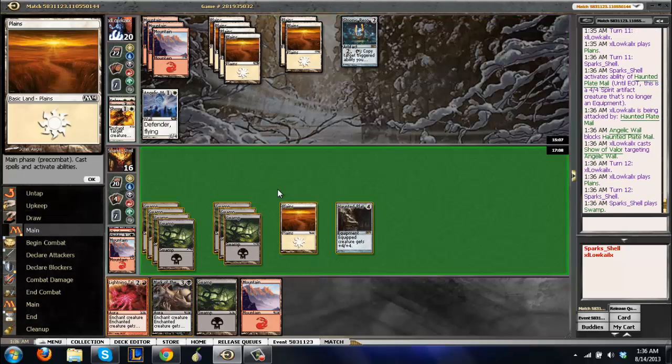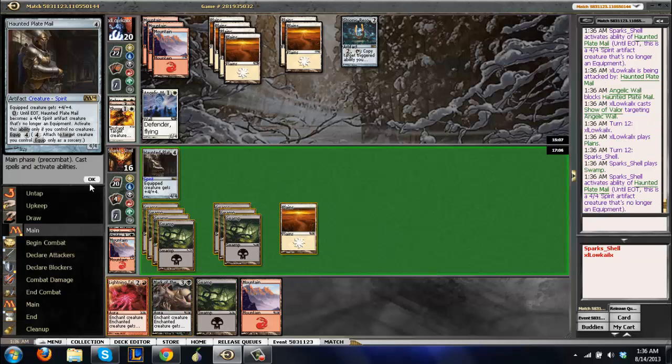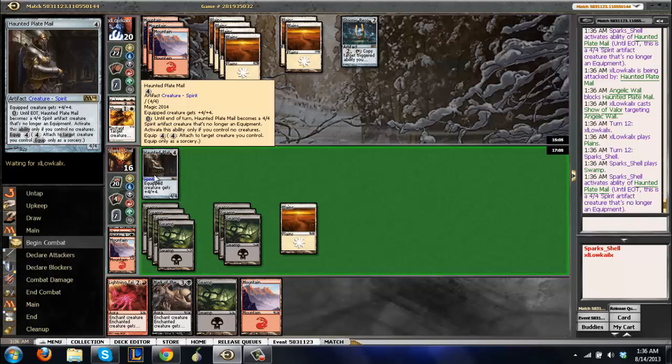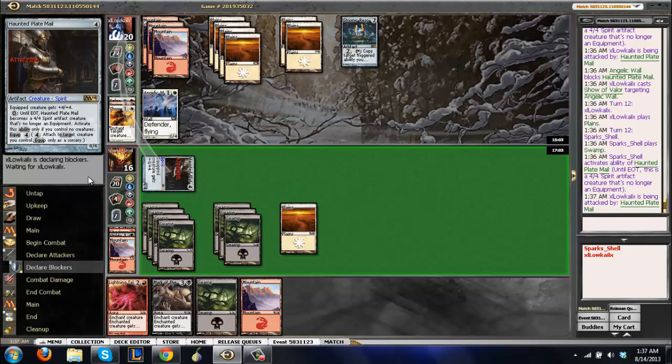Okay, and then I'll play this swamp because there's no reason not to. He has no cards in hand. We're just gonna keep bashing. We have a lot of good draws. If we can draw any creature that's...